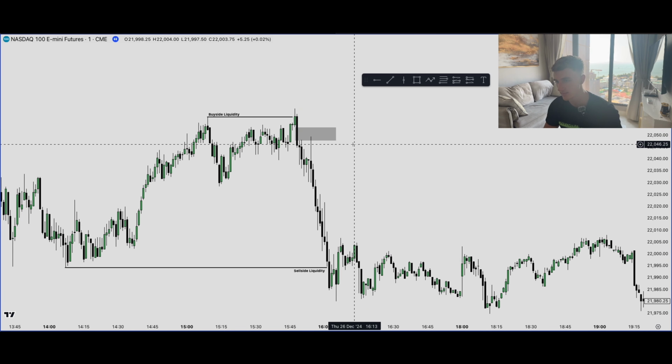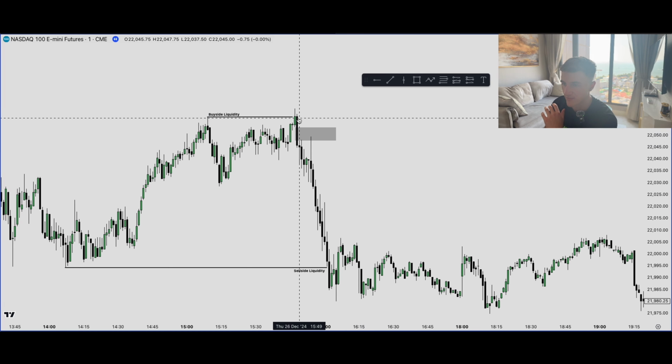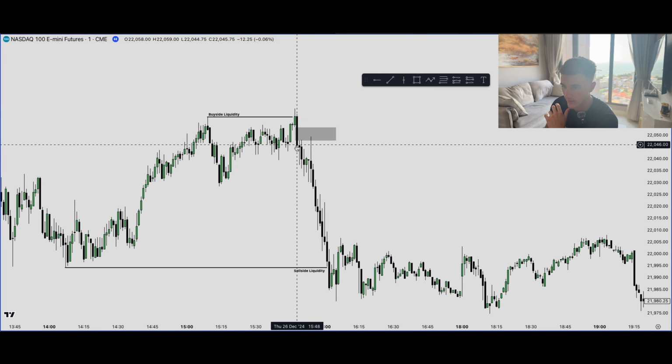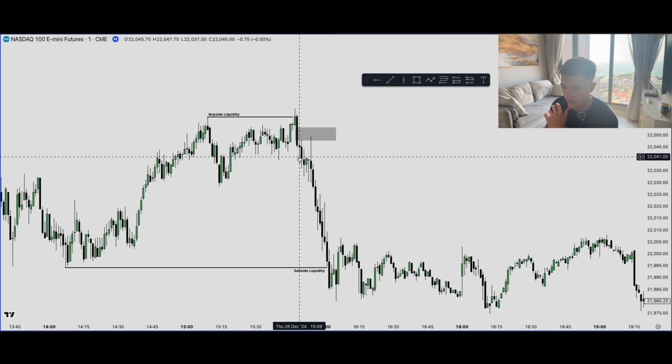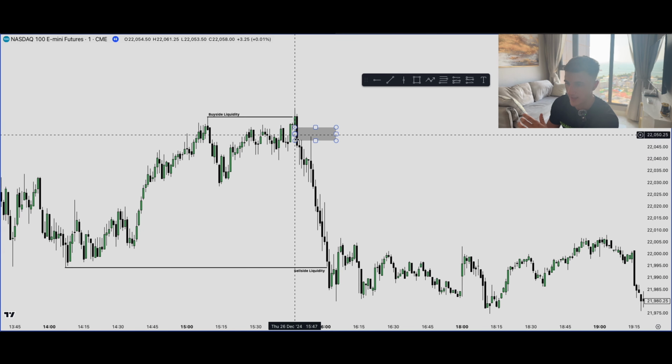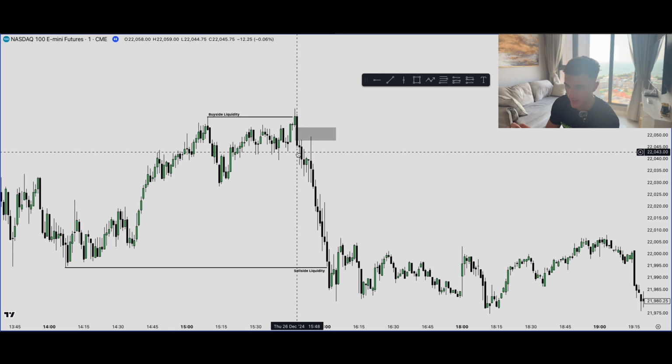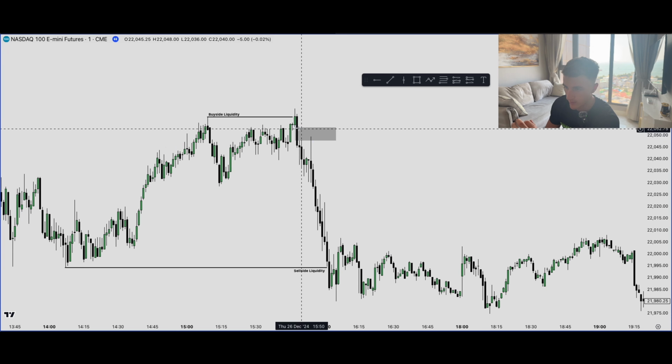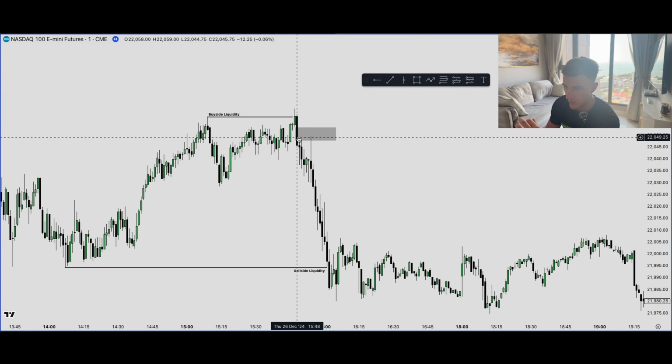know what an FVG is, all it is, is a three candle formation, right? So you have this first candle here, second candle here, and the third candle here. And usually the second candle, well, all of the time, is a displacement candle. And as you can see, we have that imbalance or inefficiency between the first candle's low and the third candle's high. That little imbalance or inefficiency is what you mark out